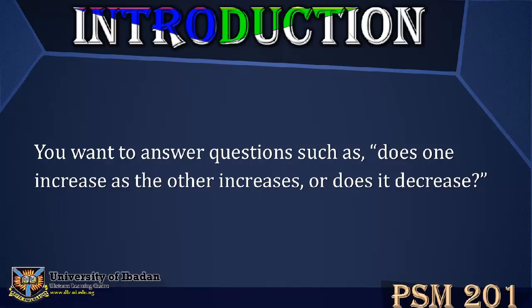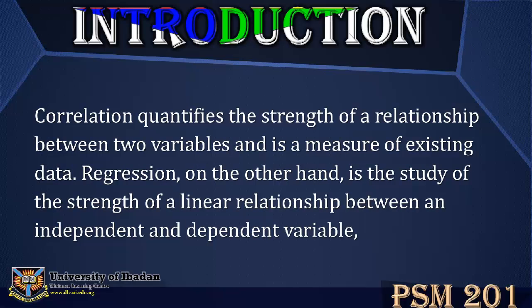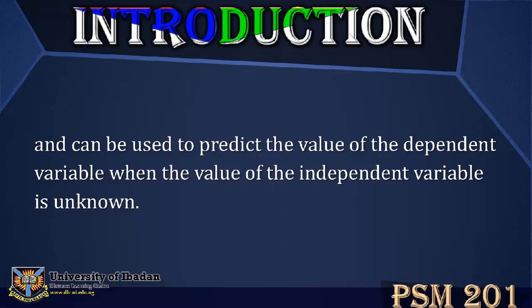In this study section, you will learn to measure the degree of a relationship between two variables. Both correlation and regression are measures for comparing variables, in that both methods are ways of quantifying the relationship between an exposure variable and an outcome variable. Correlation quantifies the strength of a relationship between two variables and is a measure of existing data. Regression, on the other hand, is the study of the strength of a linear relationship between an independent and dependent variable and can be used to predict the value of the dependent variable when the value of the independent variable